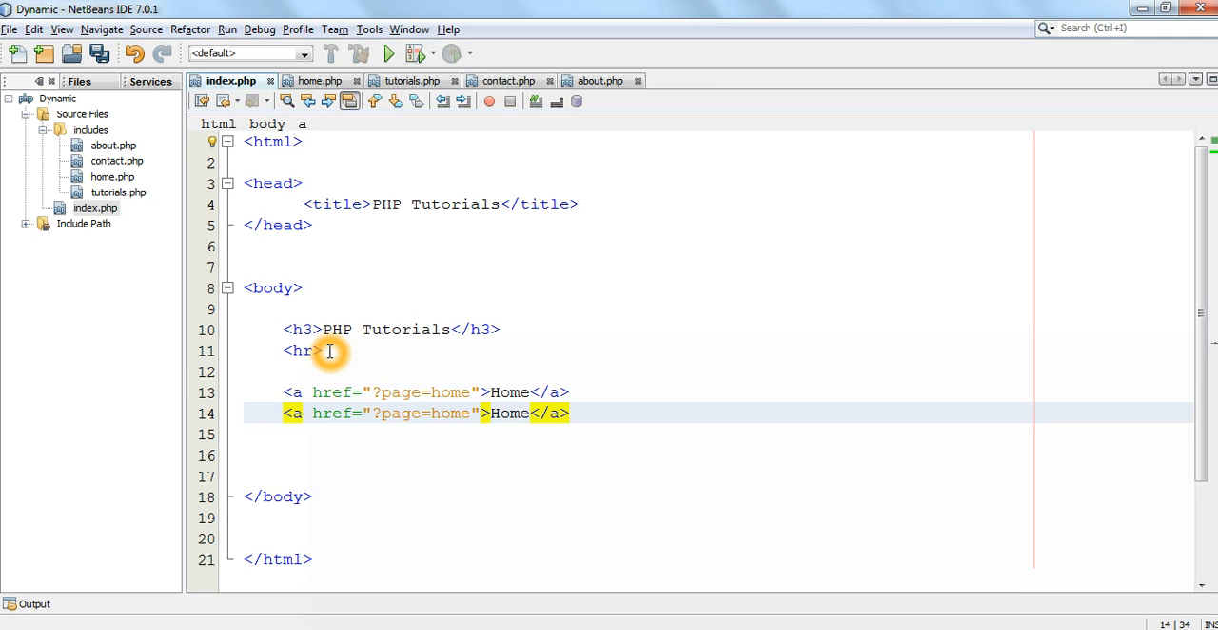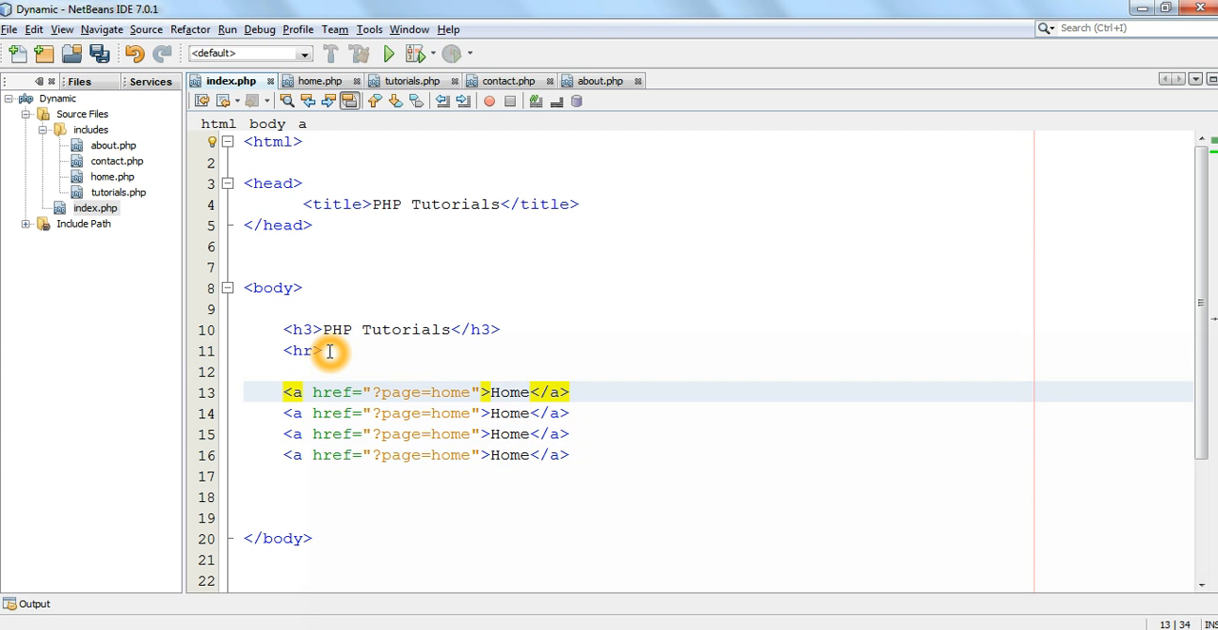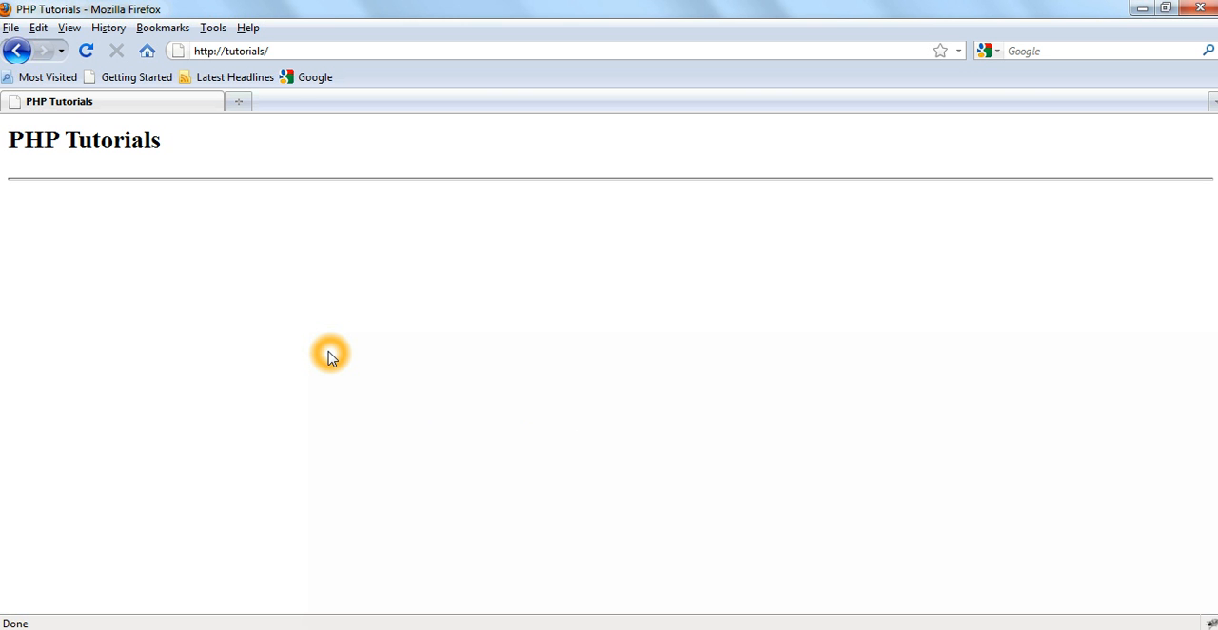Let's just copy this, and we'll just put one of these by the end of each one. And then the other one which we've got here is then going to be tutorials, and this one is then going to be about, and then this one is going to be contact. So let's just save this, come back to here, refresh the page, and we've got a very, very simple navigation